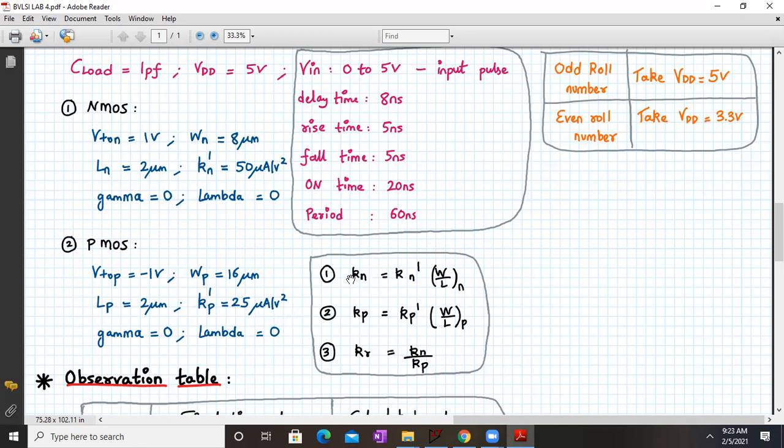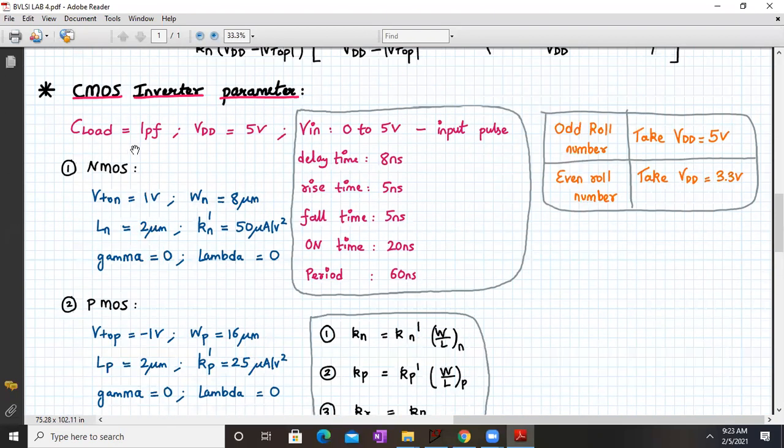Again, these are the modified formulas for KN. In the formula we have KN, right? So KN will be KN dash into W by L of NMOS, and KP will be KP dash into W by L of PMOS. Okay, and we have to give the C load as the lumped capacitance as 1 picofarad,